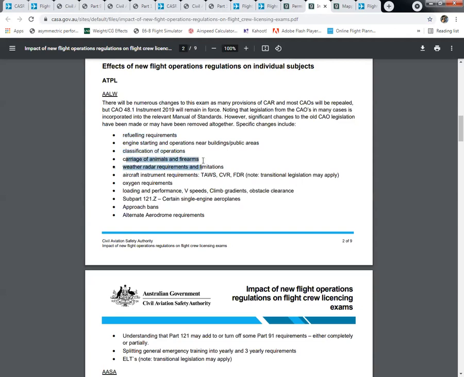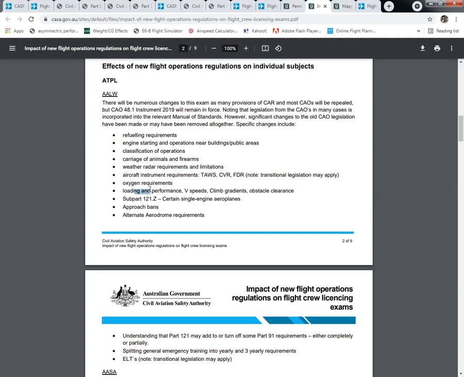They've relaxed firearm rules in a way, just formalising some of the arrangements. Still needing pilot in command permission and not being able to discharge unless you're operating under special approval. Weather radar requirements and ground ops, that's changed slightly. And there's some new transitional arrangements for TAWS, which is your terrain awareness and warning systems, and cockpit voice and flight data recorders. Oxygen's changed a little bit in terms of the level you can fly to without supplemental oxygen in unpressurized aircraft. So that replaces the old oxygen CAO.